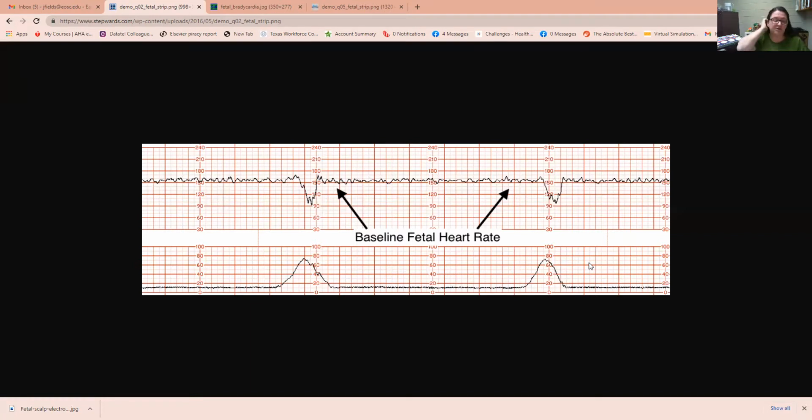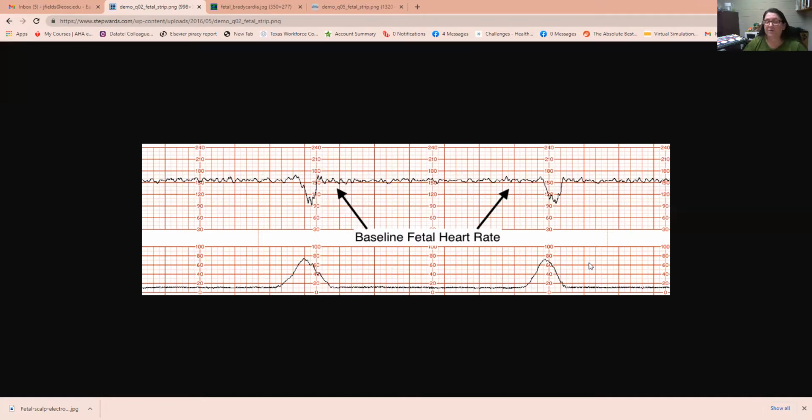Now, if this is an external monitor, I'm going to say contractions every 7 minutes. And then I'm going to talk about the palpation. Palpate moderate with soft resting tone. Contractions last 30 to 40 seconds. So I've got frequency, strength, duration, no matter what, and resting tone. Now, you cannot calculate Montevideo units with an external monitor. If this is an internal monitor only,